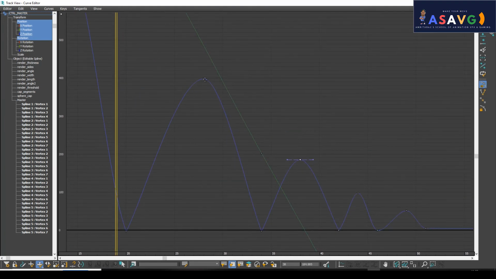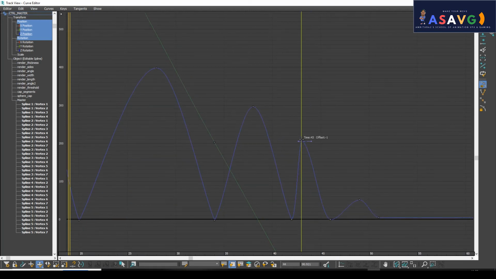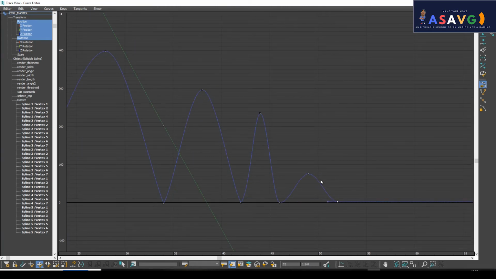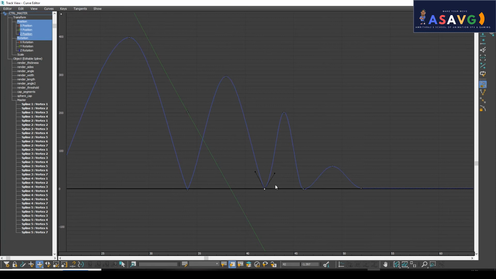So up, then it comes a little bit up, then down, then it comes on this part. And if you want, you can add this and make him down. According to our need, we can adjust. Okay, this is easily working. So click here and make him more. We want more of the bouncing, that kind of force.